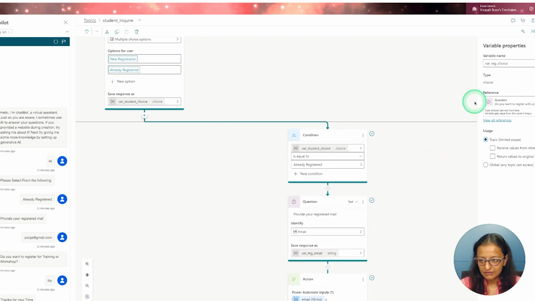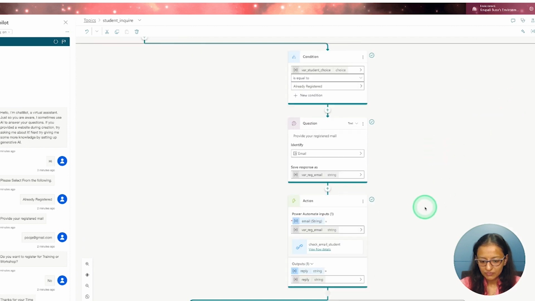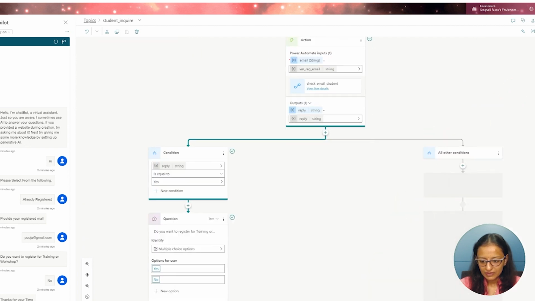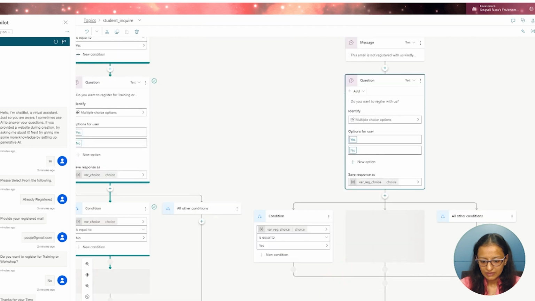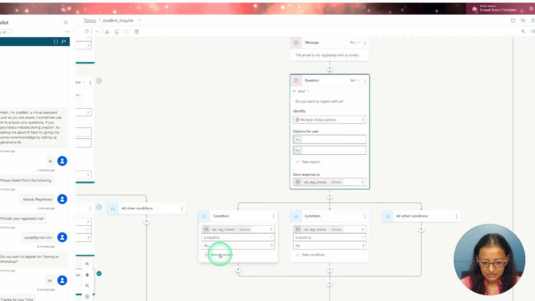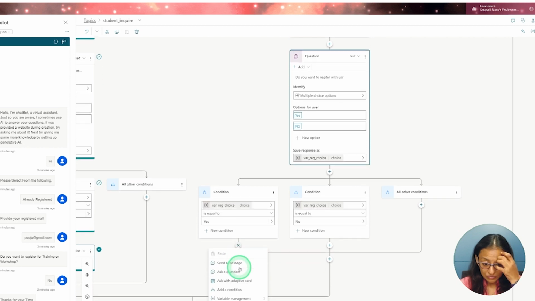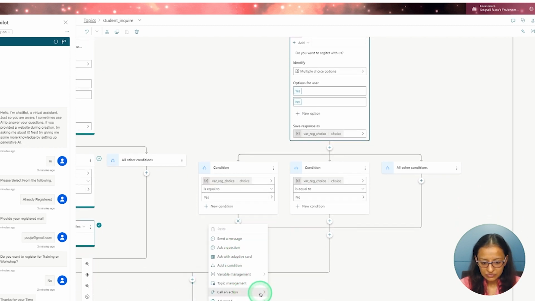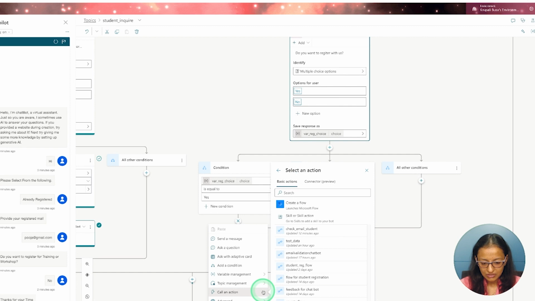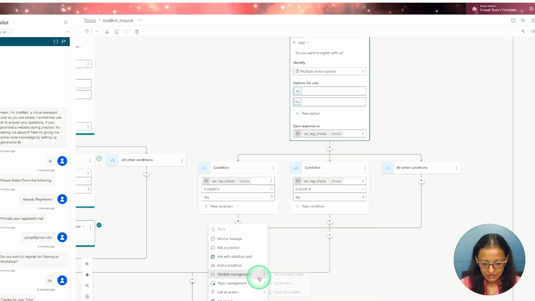So for that, what I will do, if it is yes, then I need to go to call an action. Not for that, for that I need to select topic management and I need to go to the go step.